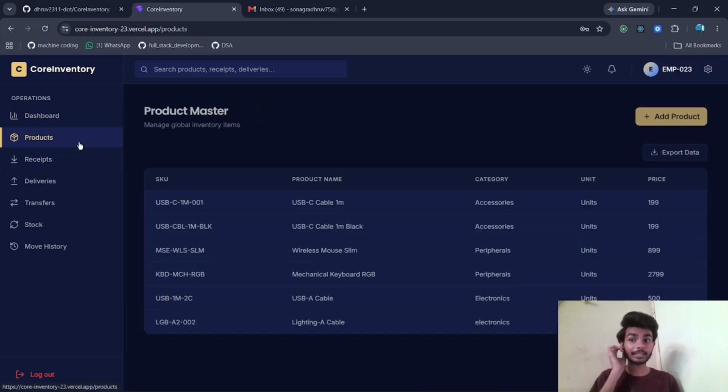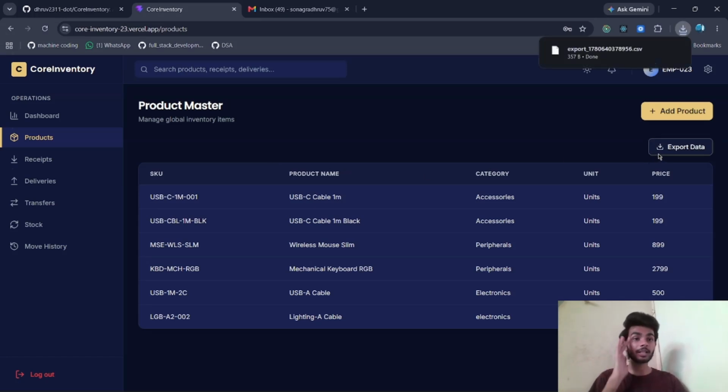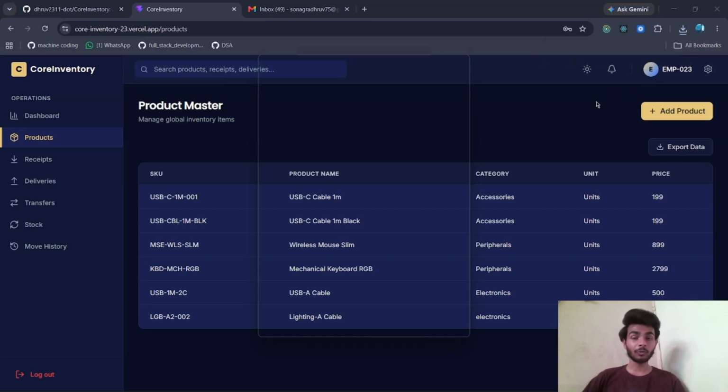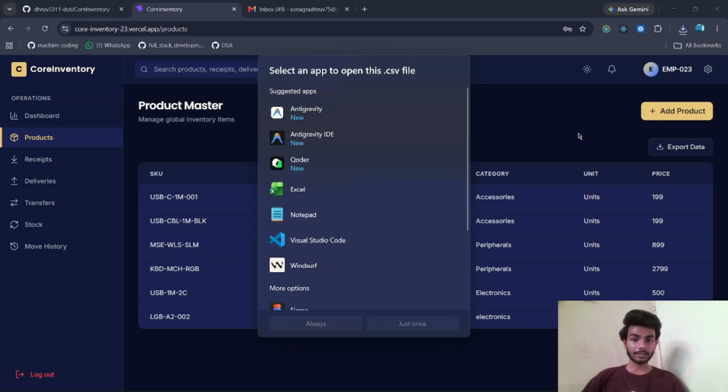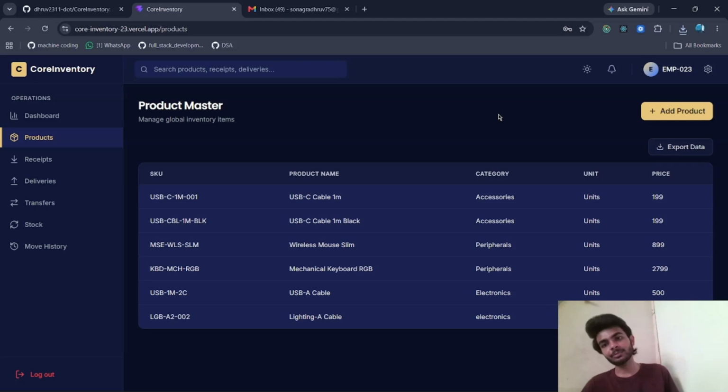After that, there is a products section where the user can see the actual listed products, and the user can also click to export data. This will export a CSV file. Let's see how the actual CSV file is shown. Inside this products section,